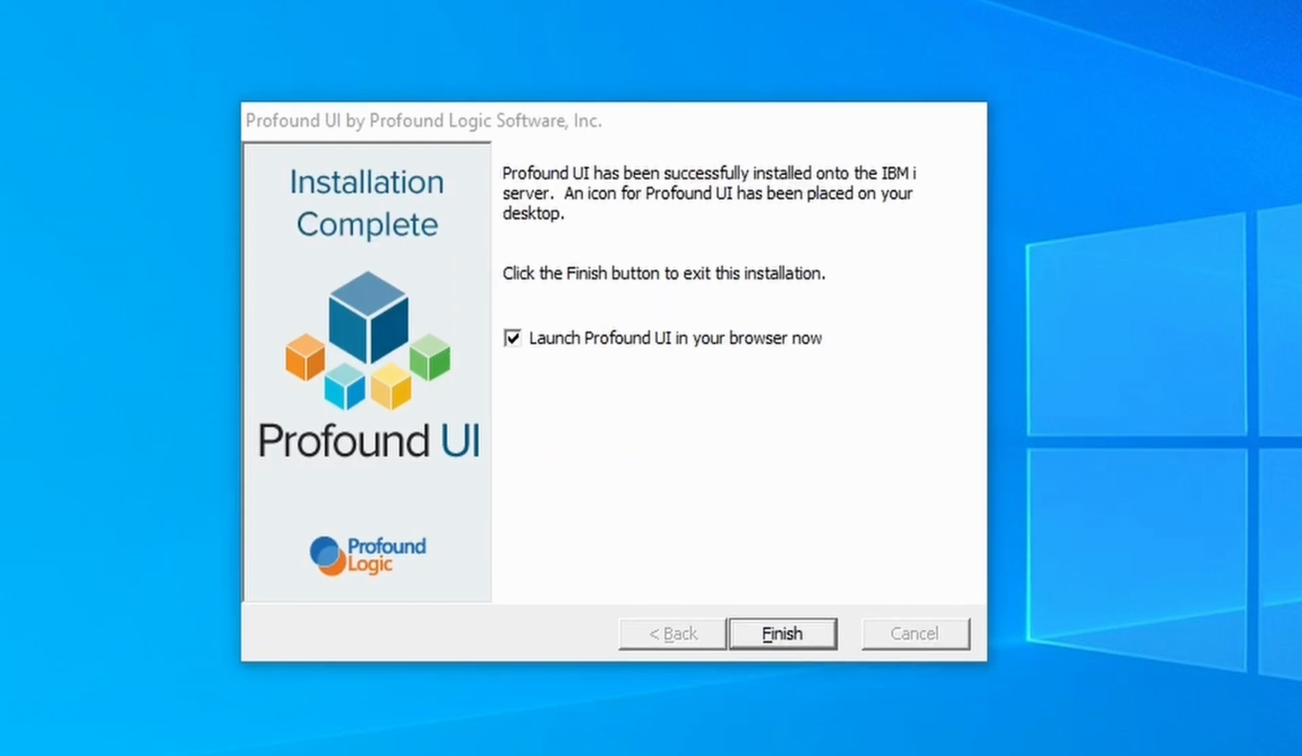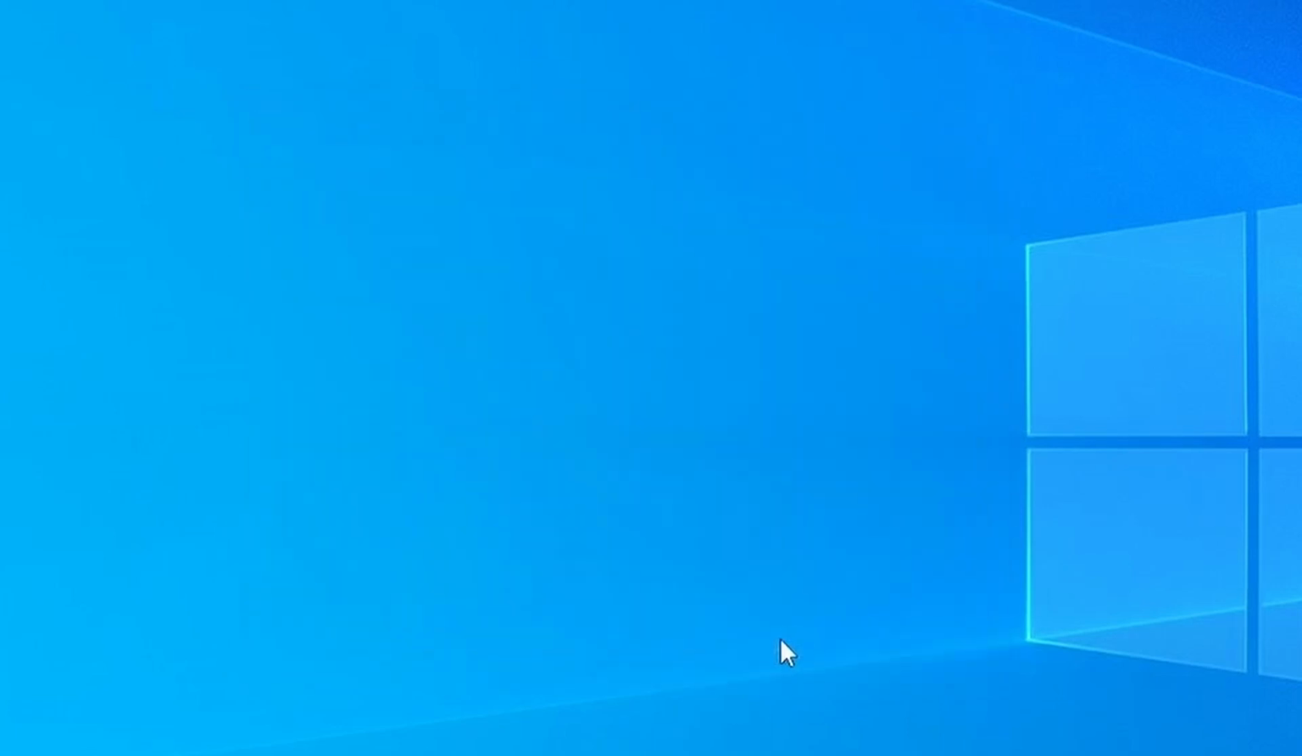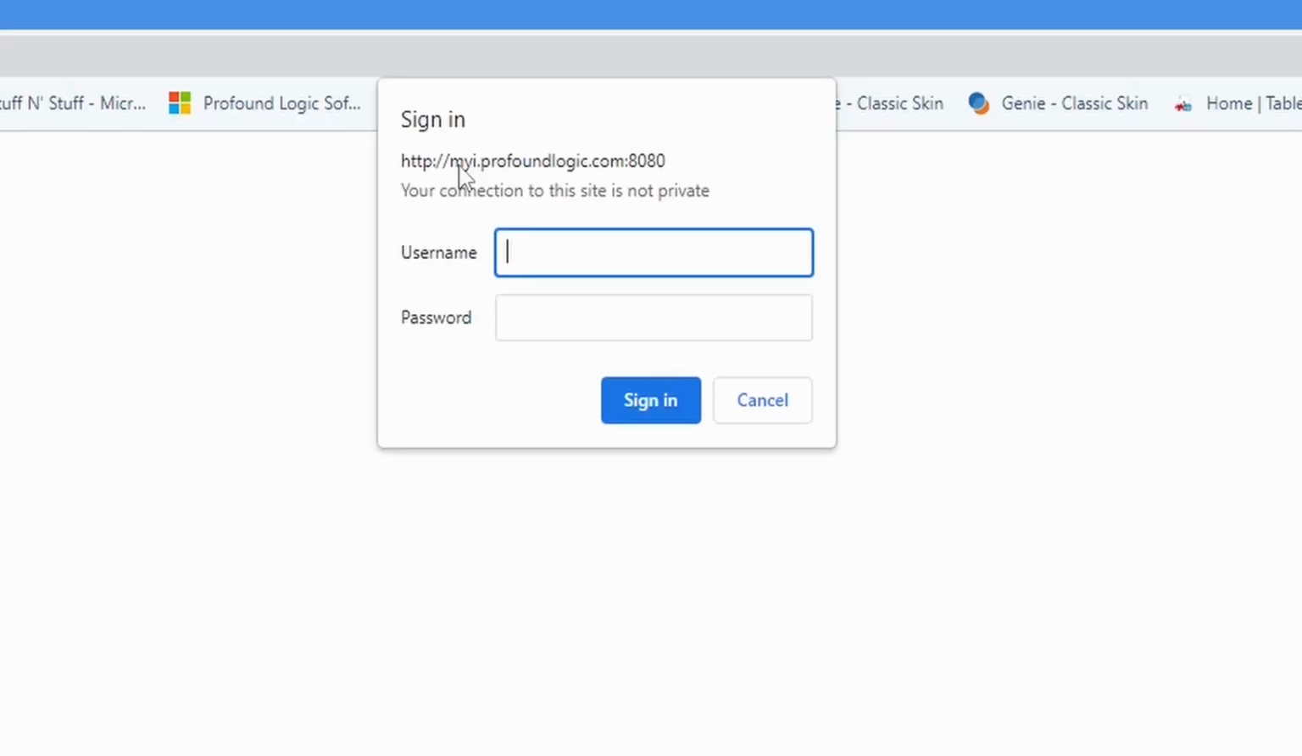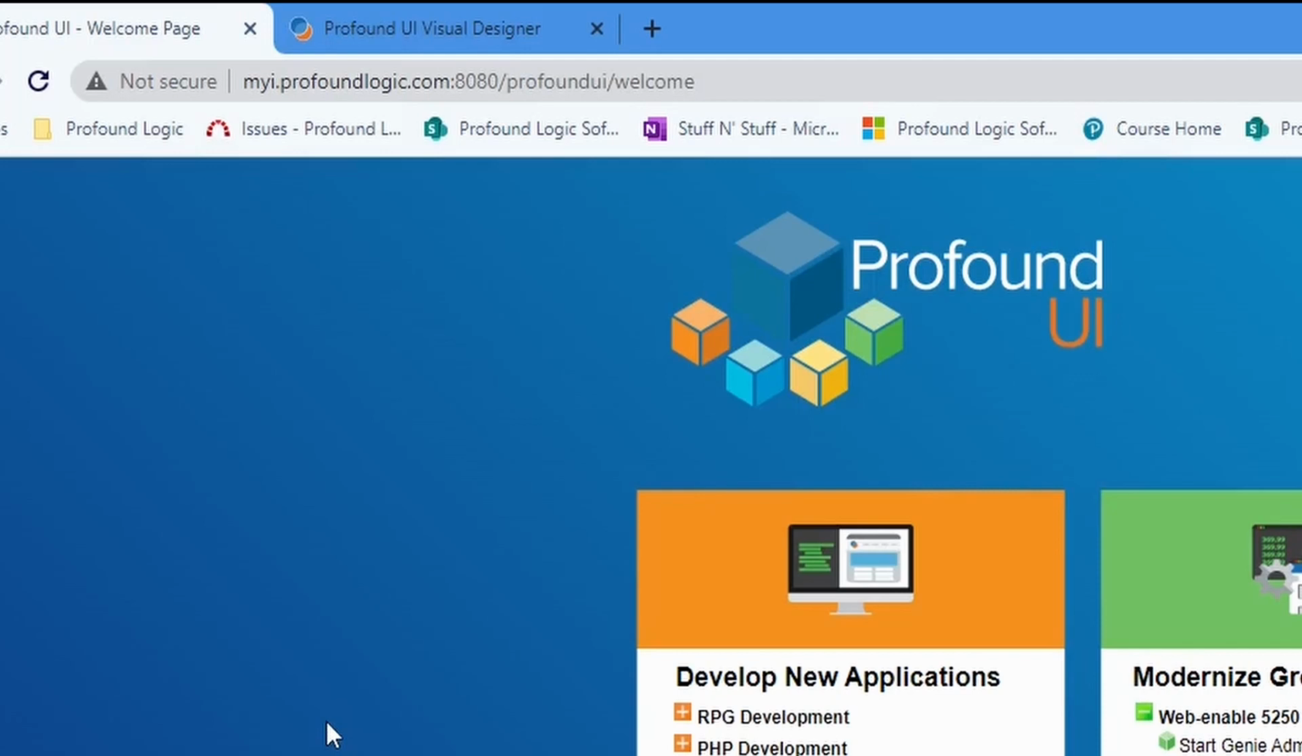Once the Profound UI installation has completed, click Finish for it to launch in your browser. So right here is my host name, myiprofoundlogic.com, and my port number 8080. I'm going to log in with my profile and password. This will take us to the Profound UI welcome page with my host name,